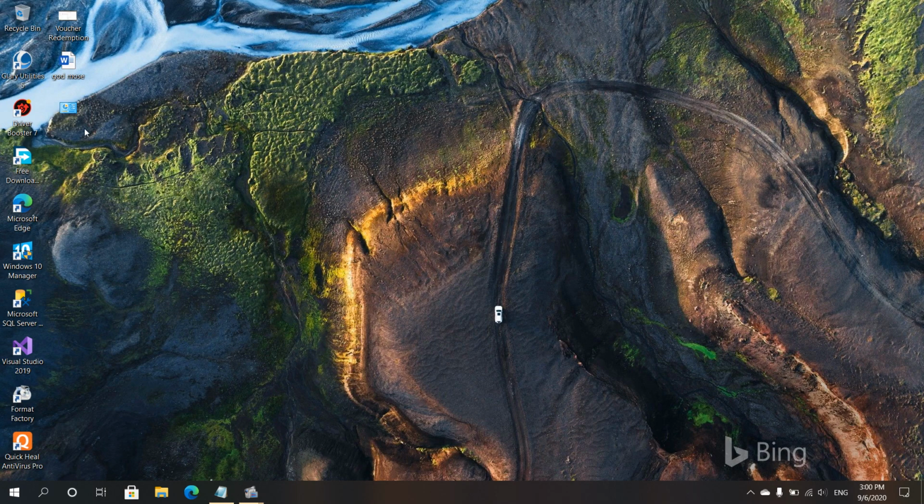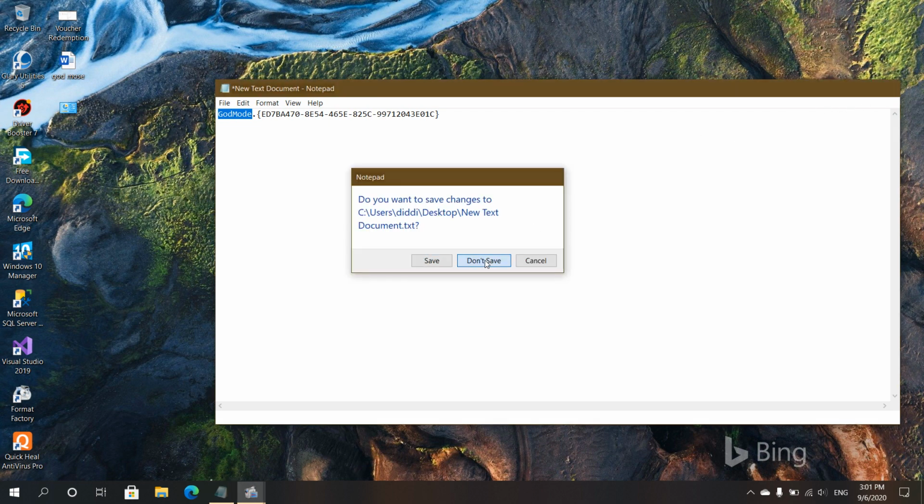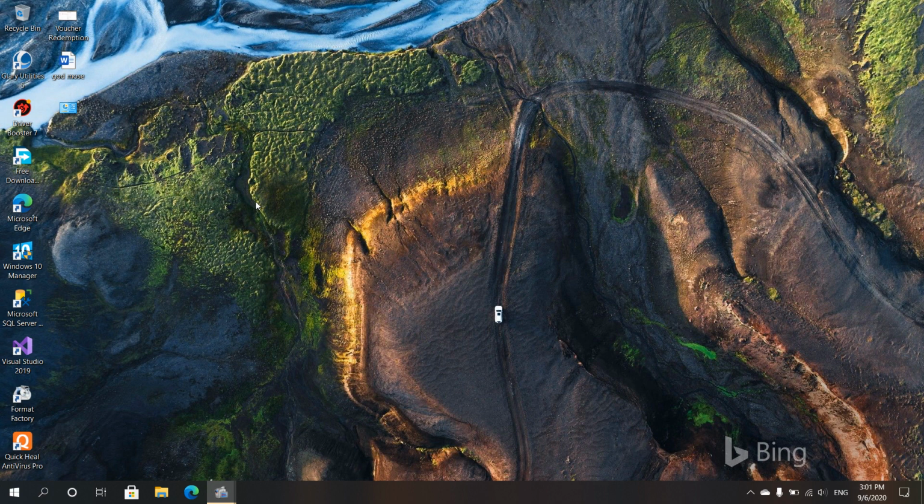It will create an icon which is similar to that of a control panel, but you cannot see the name which you typed while copying the string. One more thing I wanted to tell you: instead of God mode here, you can write any name. Just don't delete the dot notation. The name God mode can be changed to anything such as hi, hello, whatever you want. So these are only two steps. The first step is to create a new folder, and the second step is to copy paste that string. And now your God mode folder has been created.